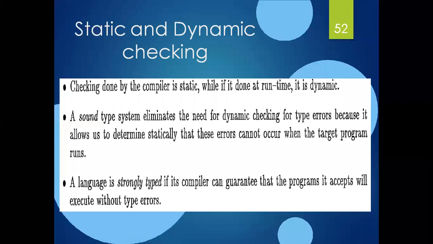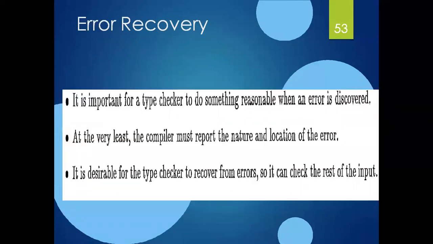If you know the meaning of static and dynamic, then you can easily understand. When I am performing checking at compilation, I will get either an output or errors. Obviously I will get errors, right? So when I'm performing at runtime, then it will ask for the input, right? It will ask for the input. That's why it is a static check at compile time, and at runtime it is a dynamic check.